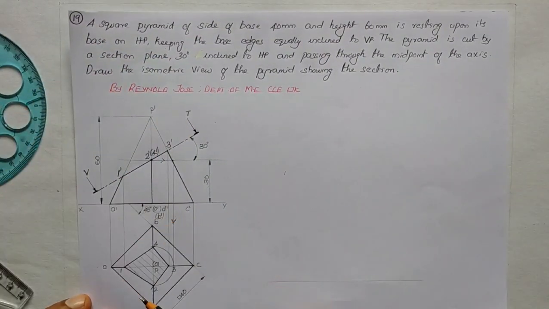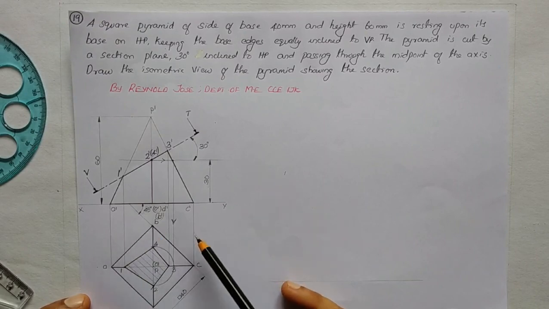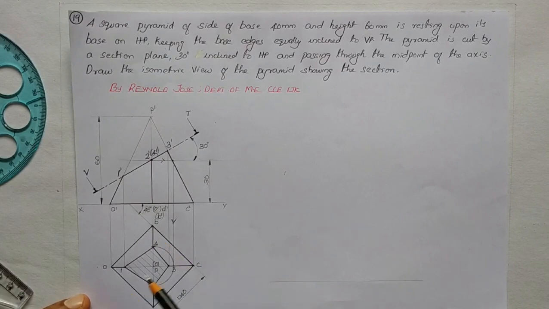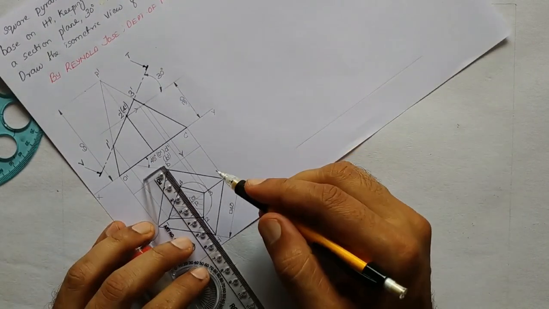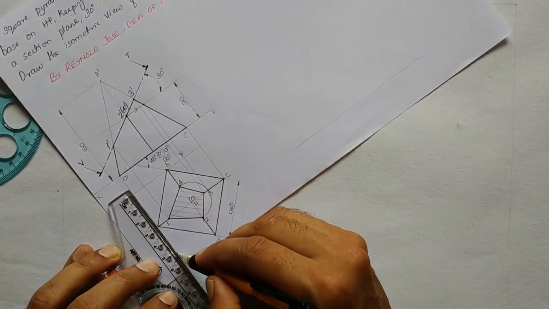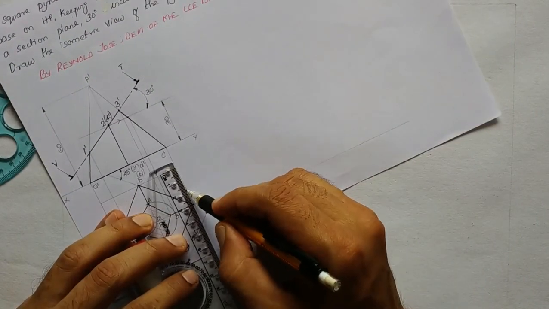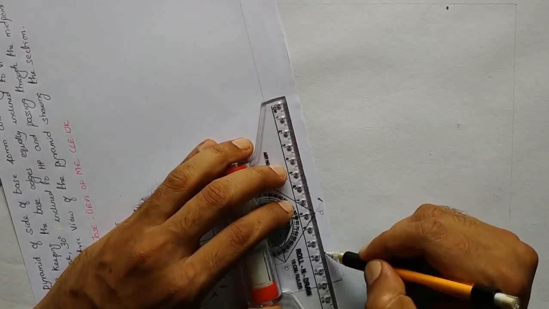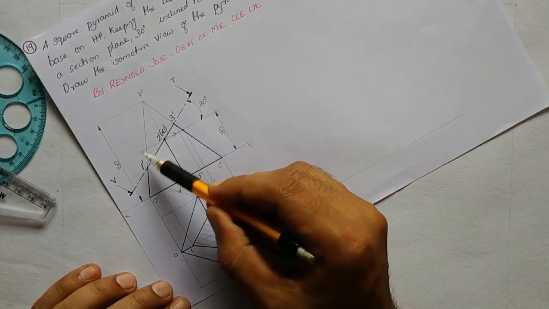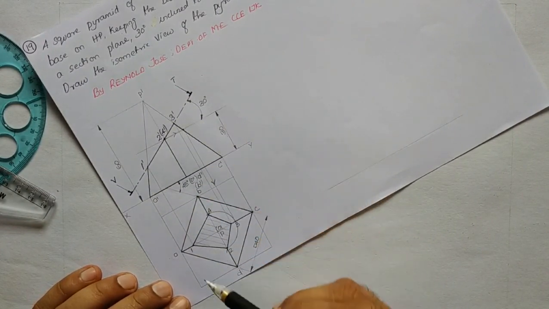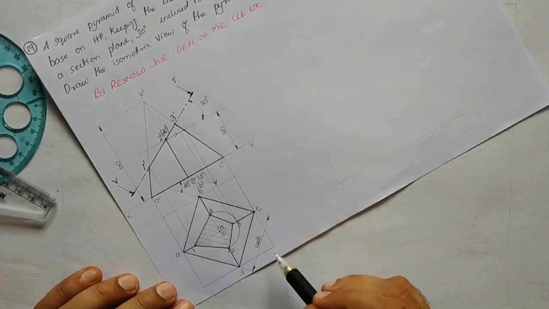Now we are going to enclose the base, that is ABCD, in another lamina. So this other lamina will be a square lamina. So we'll be enclosing the base only, ABCD, inside another square lamina. We shall mark this as 5, 6, 7 and 8, since we are already using 1, 2, 3, 4 in the front view for the sectioning process.